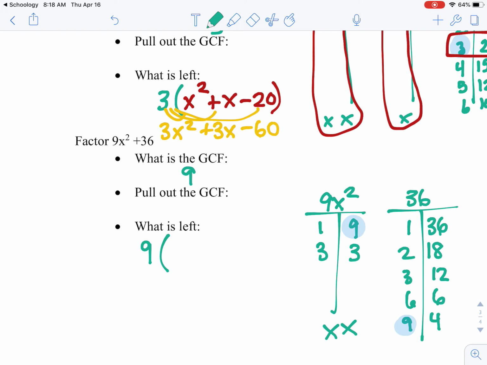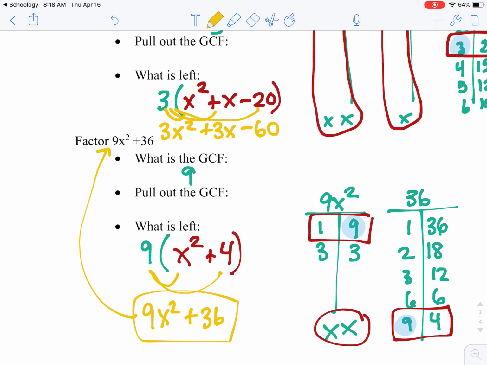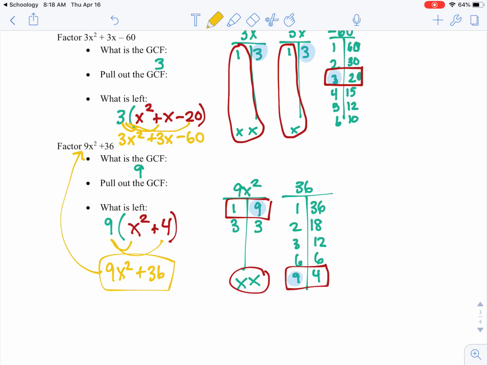So I'm going to take the GCF out, and then I'm looking for what I have left. So I have to do what is next to the GCF. So I have x squared plus 4. And to check, I can distribute: 9x squared plus 36, right? And that is the same as my original. So I know that I factored it correctly. All right, that is your notes for day 1 on